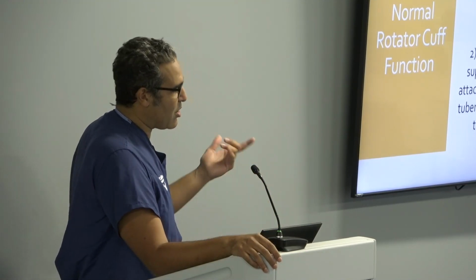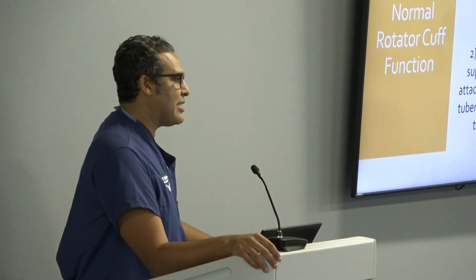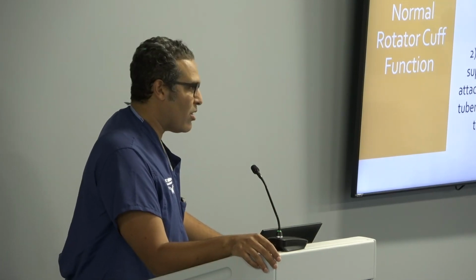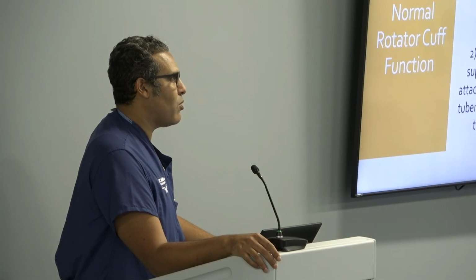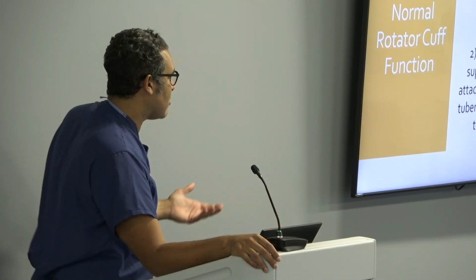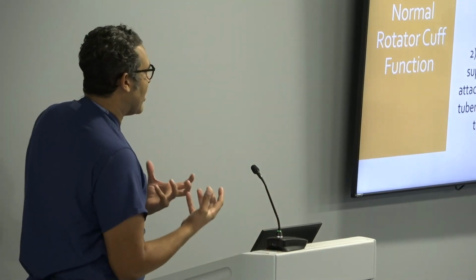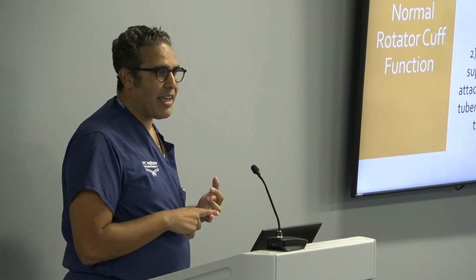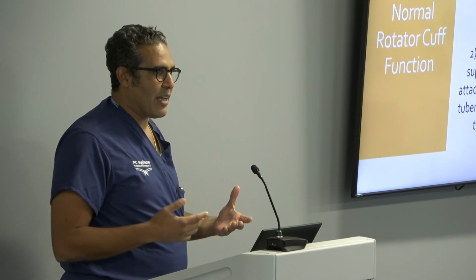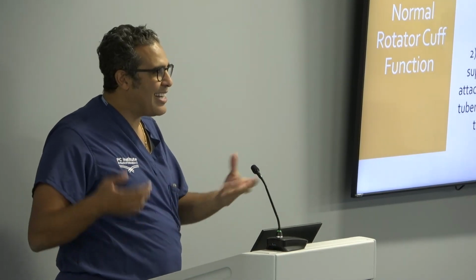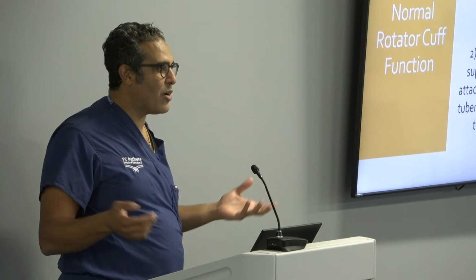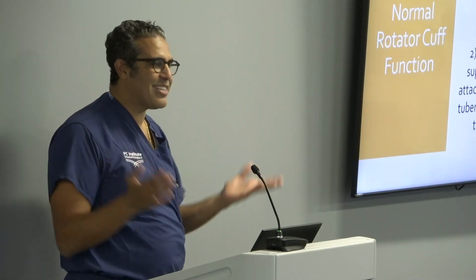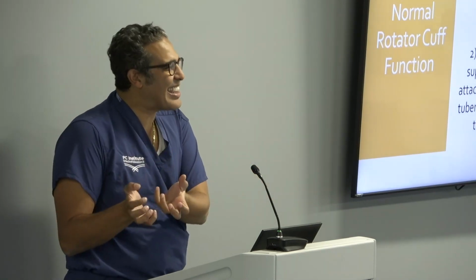I think the question that Bassem is getting at is, if we know what the supraspinatus does, then when it's not there, we know what we need to do to compensate for it, right? That's the fundamental question. If we don't know what it does, then if it's not there, we don't know how to replace it, right? If we have a chair and we don't have the chair anymore, you don't replace it with a palm tree and say, you see, problem solved. No, that doesn't do anything, right? So